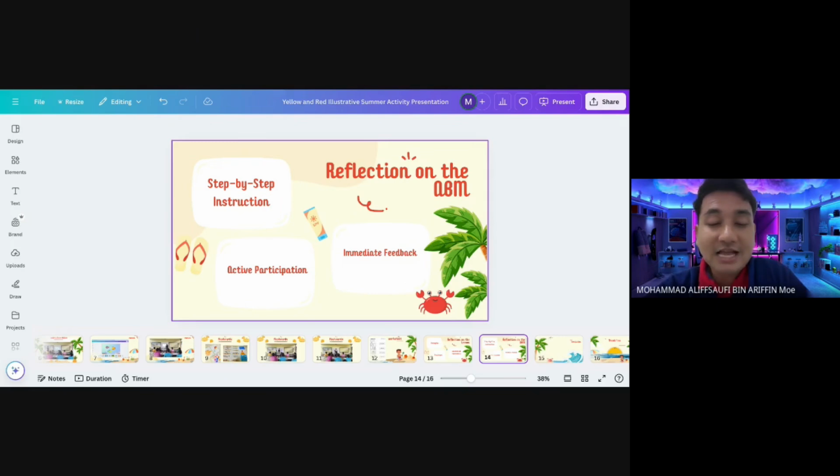Okay, the next one would be adapted feedback mechanism. In addition to immediate verbal feedback, I could use visual cues like green or red cards to indicate correct or incorrect answers. This will save time, as this